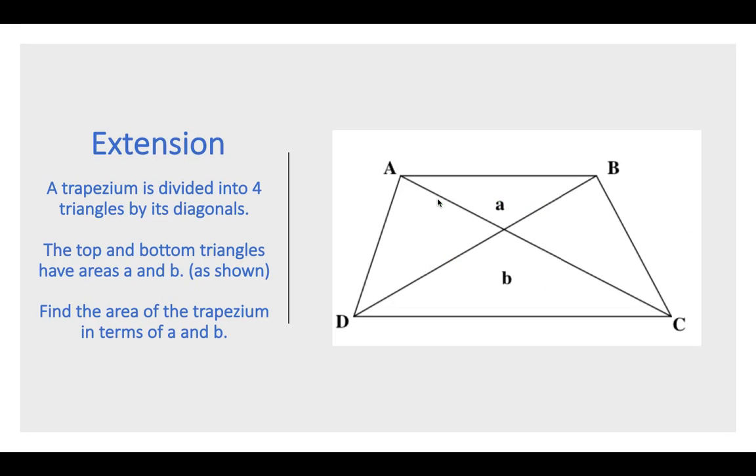Okay, your extension question for today is on a similar sort of vein. You've got a trapezium divided into 4 triangles. The little a and b are not angles, they're the areas of the top and the bottom triangle. If they're a and b, find the area of the trapezium in terms of a and b. Be careful because normally the trapezium formula has the top as a and the base as b, so just be careful of what your notation